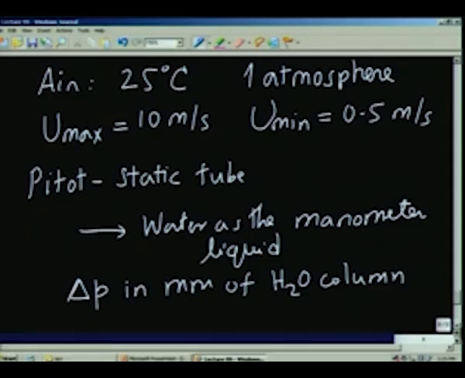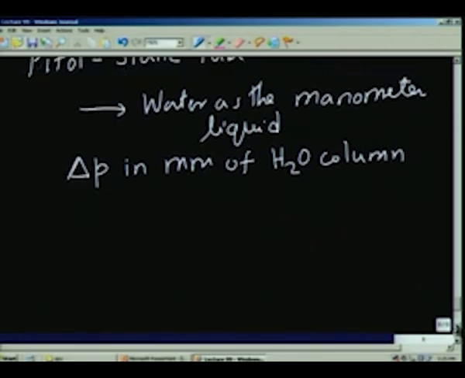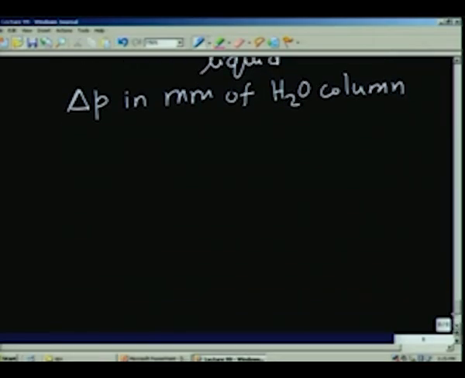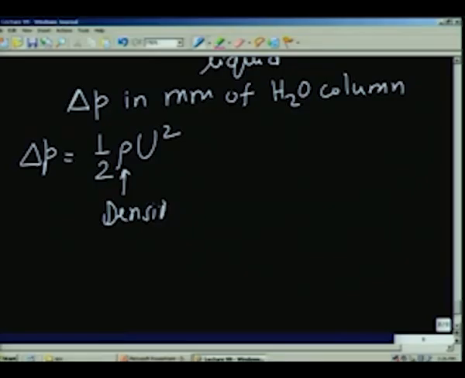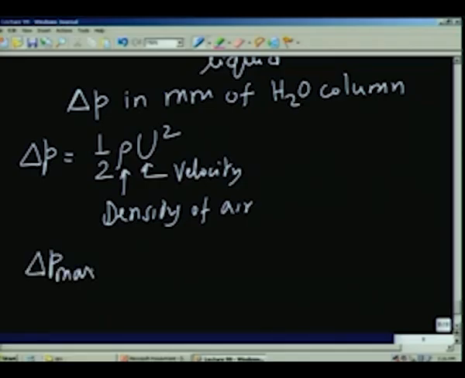So, let us look at the values. The dynamic head we know is what is going to be indicated. This is nothing but delta p equal to half rho u squared, where rho is the density of air or the fluid which is flowing, and u is the velocity. All I have to do is to calculate the delta p max and minimum. This will be half into rho of air. I can calculate it using